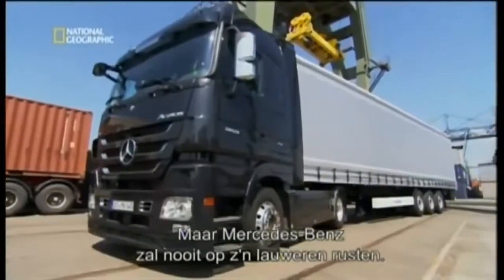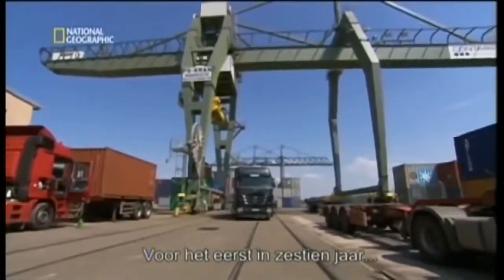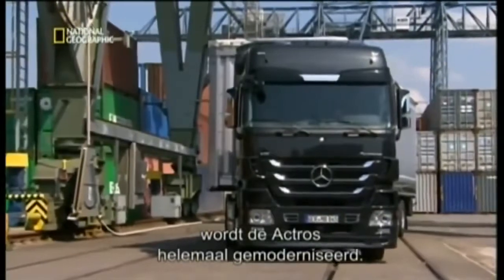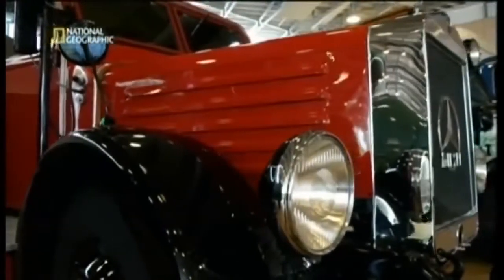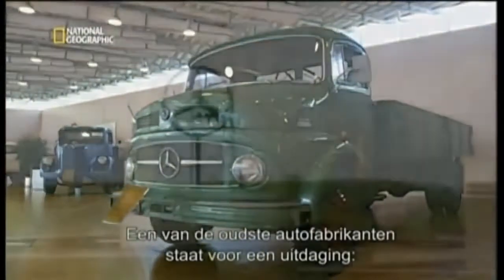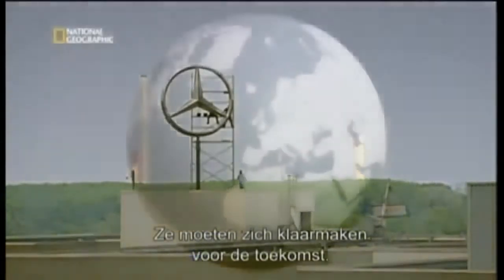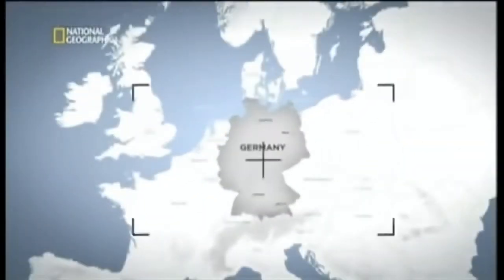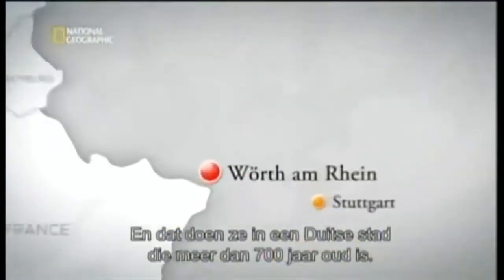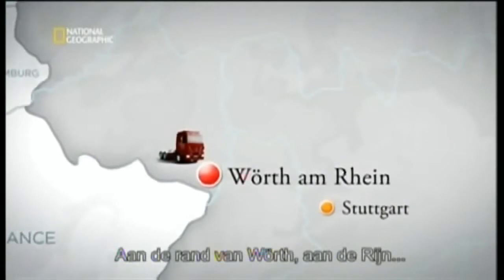But Mercedes-Benz never rests on its laurels. For the first time in 16 years, the Actros is getting a complete overhaul. That means one of motor manufacturing's oldest companies faces the challenge of gearing up for the future. The future will arrive at a German city more than 700 years old. On the outskirts of Wörth, beside the Rhine River,